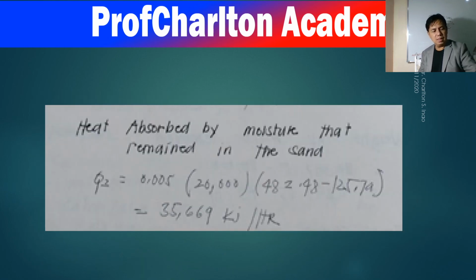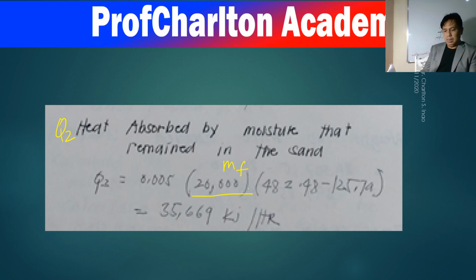Now the other one is heat absorbed by moisture that remained in the sand. Yeah. So I think it's labeled or tagged as Q2. So here, the formula is easy, right? So this is mass of the feed, right? Mass of the feed, and then this is the 20,000 kilogram per hour, and the other is